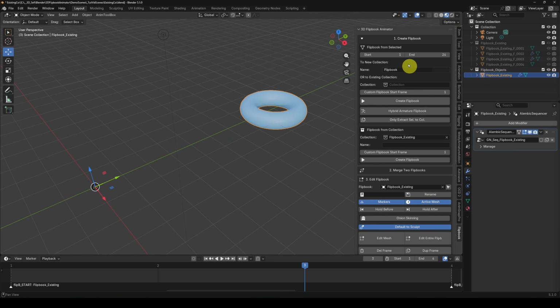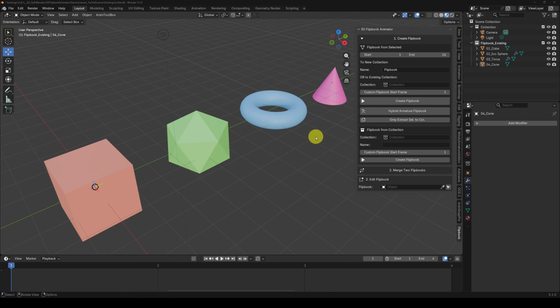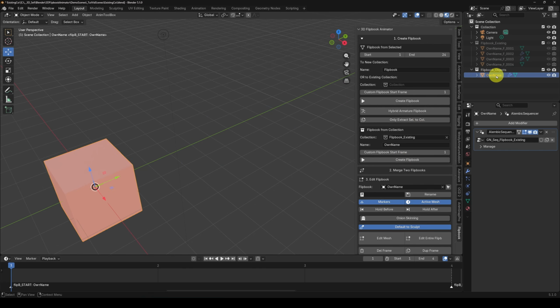So this one ignores all this at the top. It will capture the number of frames that's in that collection, the original collection. It will rename it, and it will reset the pivots and create your flipbook object. You can also give these a specific name. So basically, if you go here and you say own name, select that collection, and then create the flipbook, you'll see here it will rename it to the name you've put